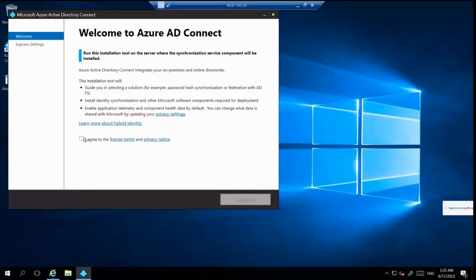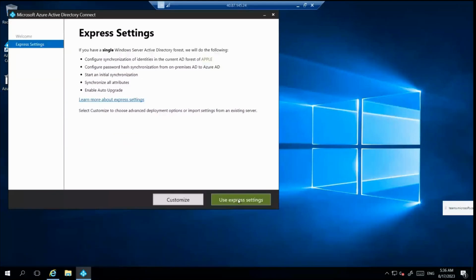Now, you may be able to see there are two options here. One, customize. Second, you have the option of using express settings. Technically, how do we need to replicate here? Do we need to replicate the entire contents from the on-premises DC to the cloud, or do you want to customize here? Customize, in terms of, you may have heard about a concept called organizational unit in an existing